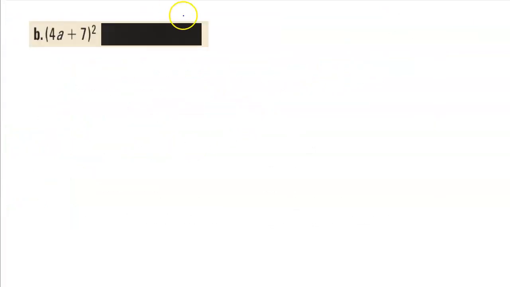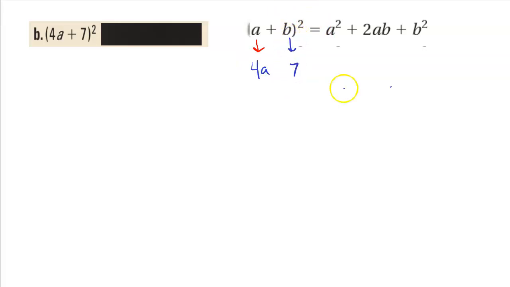So my pattern is right here. Basically in this problem, I could utilize this pattern because my a value is really 4a, and my b value is like 7. So I could leverage this pattern and jump straight to my answer. My answer is going to be a squared plus 2ab plus b squared. So I could jump right to my answer and say, okay, this is going to equal